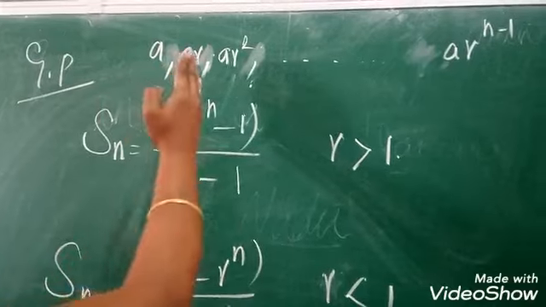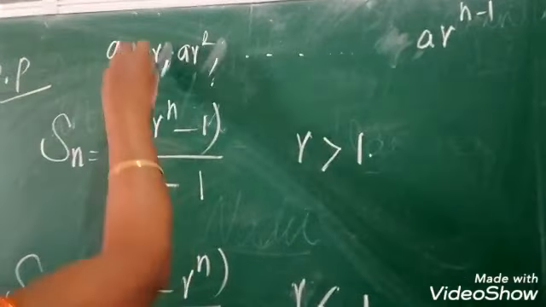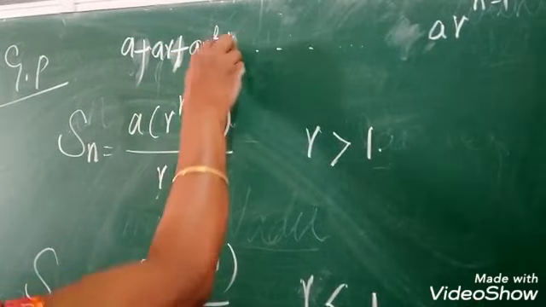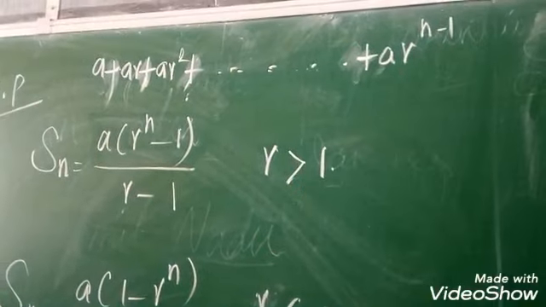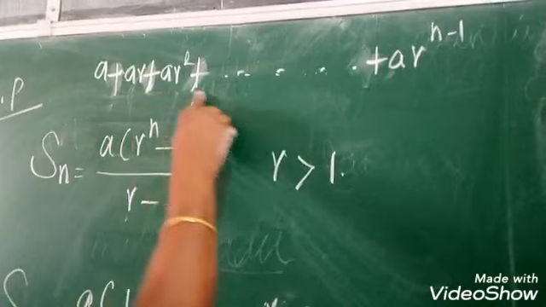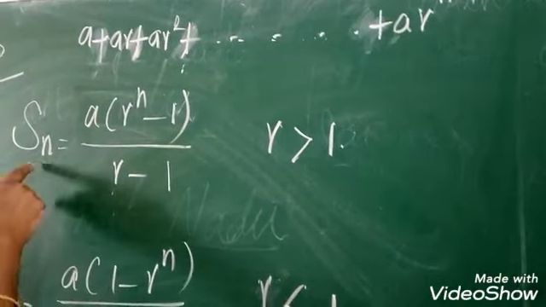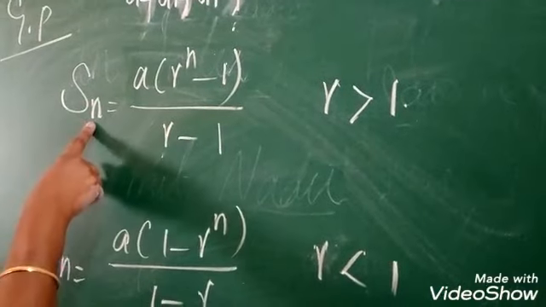Today we are going to see geometric progression. The sum of the sequence is called a geometric series: the sum of the first term, the second term, going up to the last term. Girls, the sum of the sequence of the GP is called a geometric series. Here we have to study three formulas.